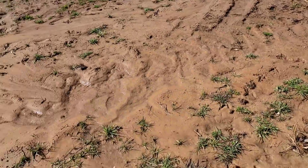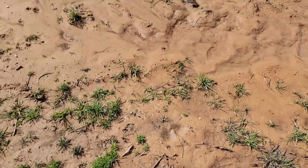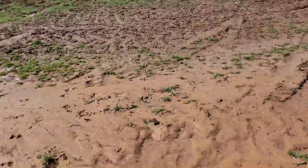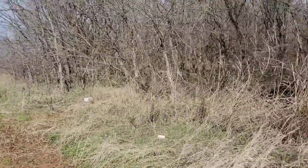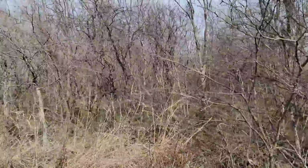Time we've seen the sunshine in a few days. I think pretty much since Monday morning. It's wet. It's real wet. Flip you around. So pretty much everywhere is looking like this right now. Water's standing in places. So this morning I've got two big bur oak trees under this bluff, and that'll just